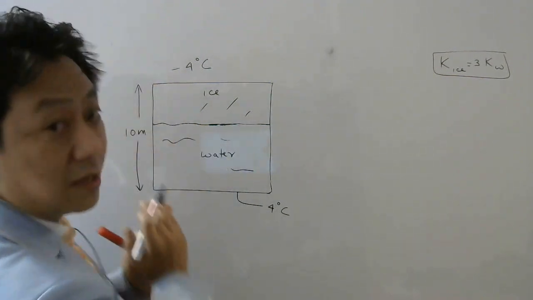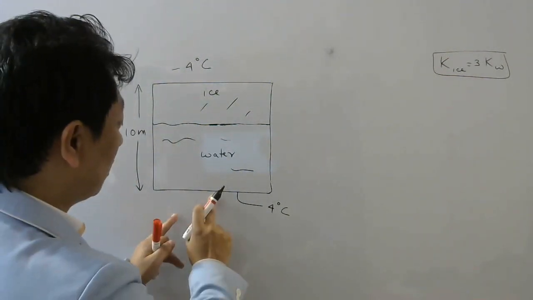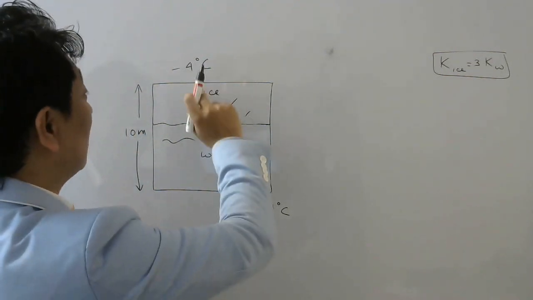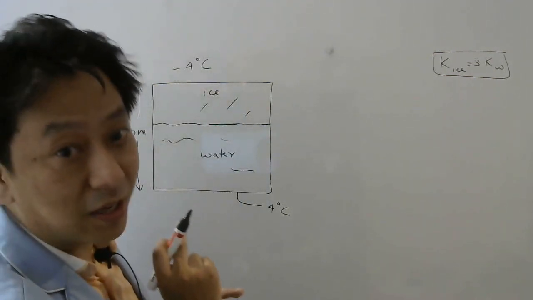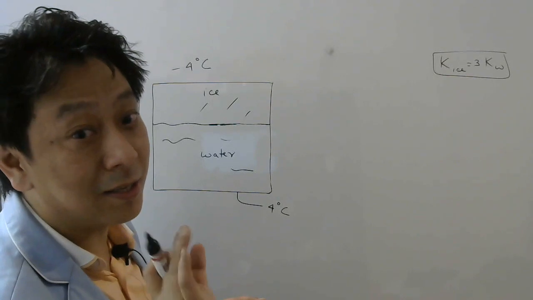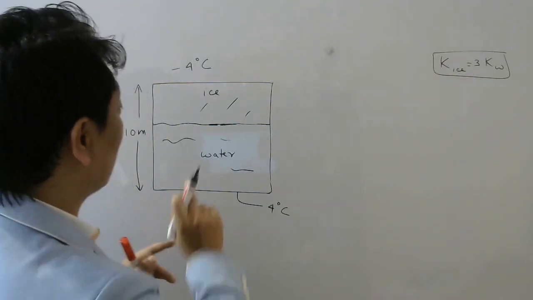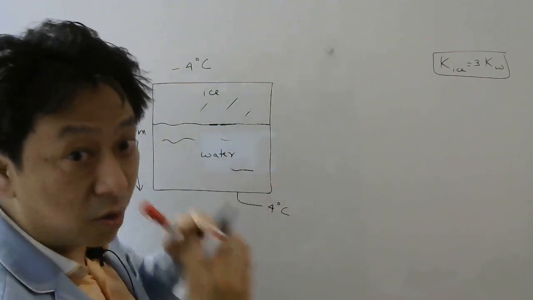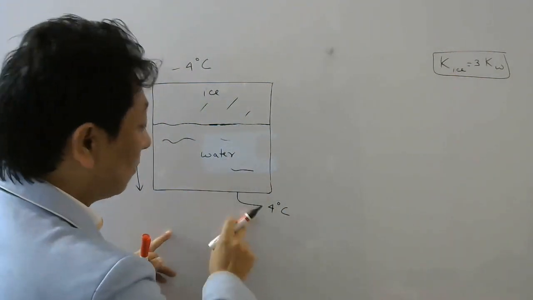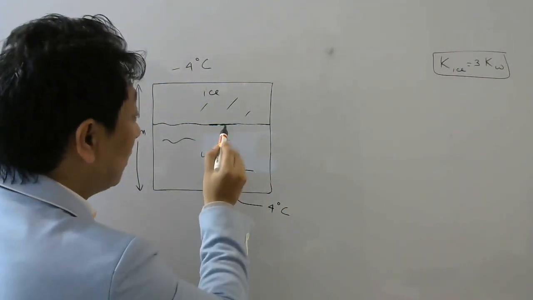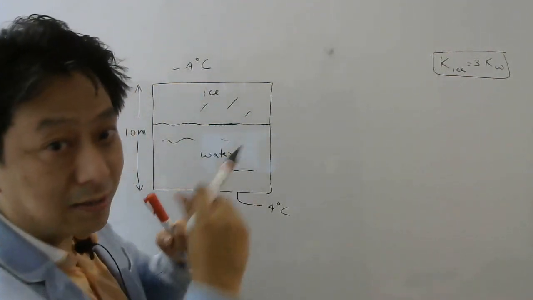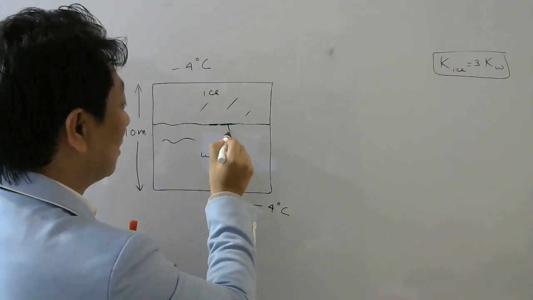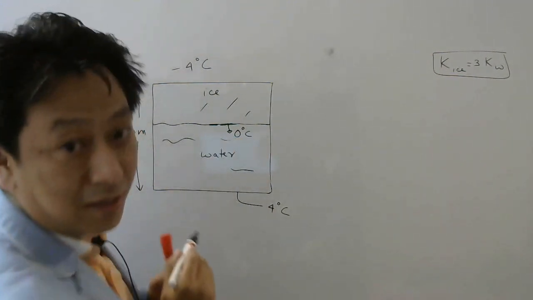We have a 10-meter deep lake. The bottom is at temperature 4 degrees Celsius and the air temperature outside is minus 4 degrees Celsius, which is constant. Now, see, this is minus 4 degree, the upper part will be ice, right? The ice floats in water and the bottom part will be water. What will be temperature of this part where ice and water coexist? Obviously, their temperature will be 0 degree Celsius, isn't it?